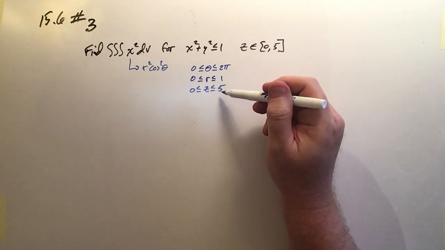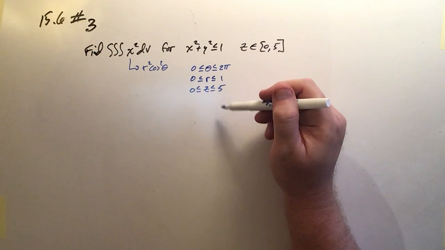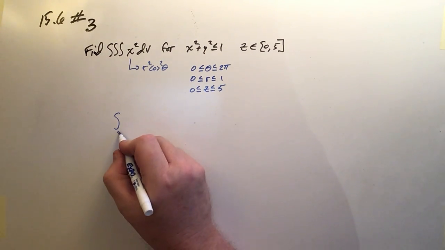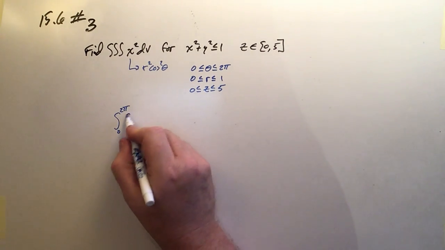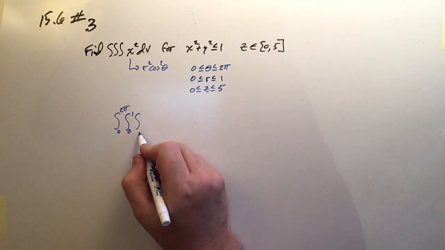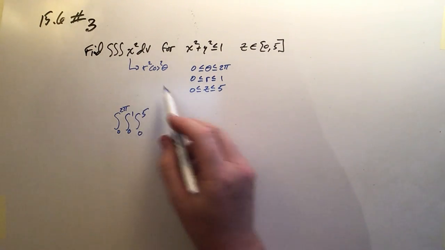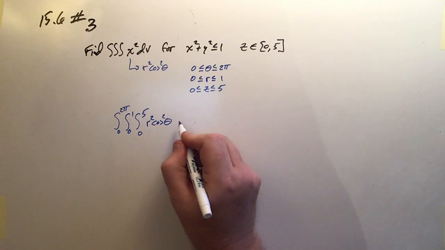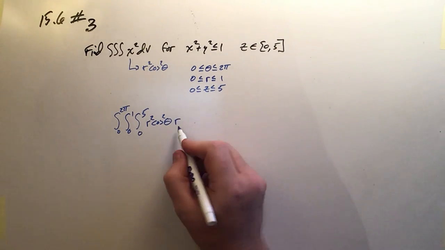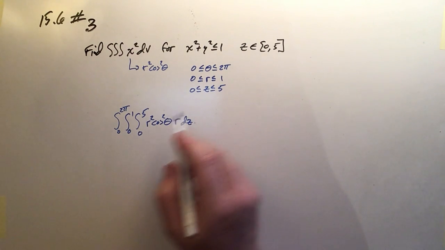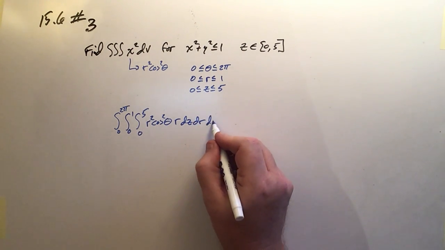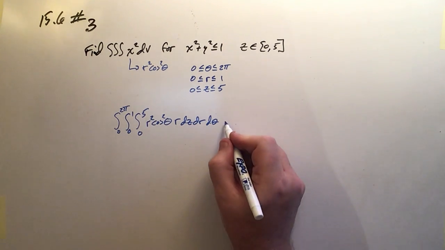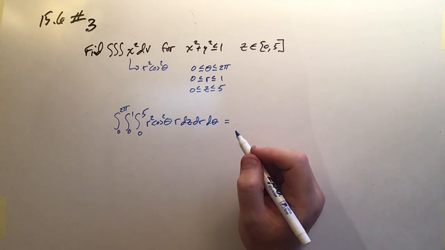And you'll notice that all of our limits are numerical, which means we can do this integral in any order we want. So it really doesn't matter. So I'm going to evaluate this guy. I'll just do them in this order. So it's 0 to 2 pi, and then 0 to 1, and then 0 to 5. And then we write in the integrand, which is r squared cosine squared theta times r, and then the inner one was dz, the next one out is dr, and the final one is d theta. But order didn't matter on this one because they were all numerical. We can mix and match, and when we evaluate this integrand, we're going to end up with 5